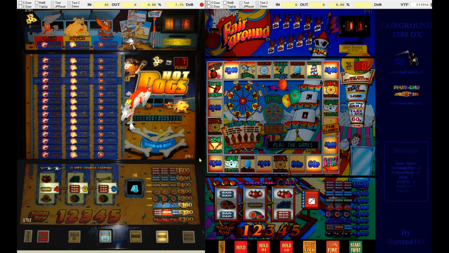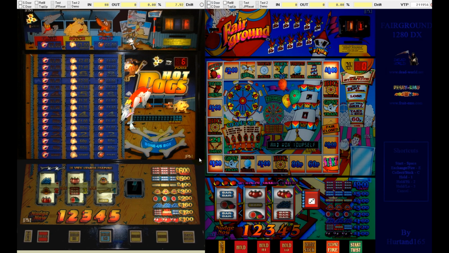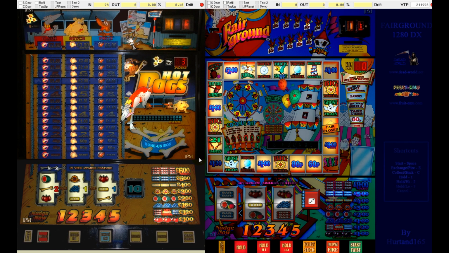Hot dog, so we can exchange the feature there. Shall we try and gamble up? Oh, no, we shouldn't. We should have exchanged for the feature there. If I can get hot dogs again, I'll try and do Fritz and see if we can get to the